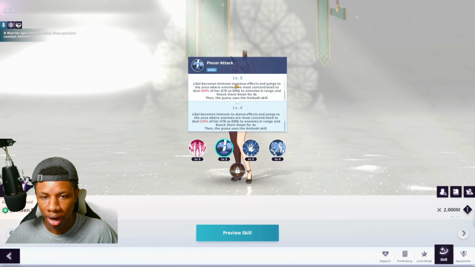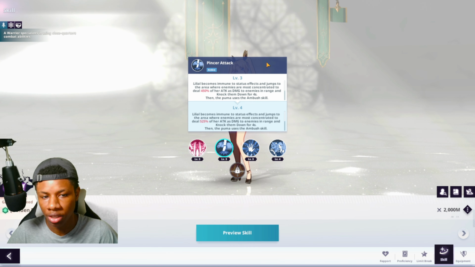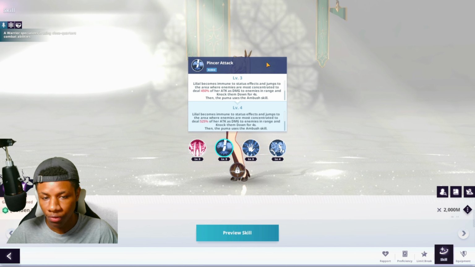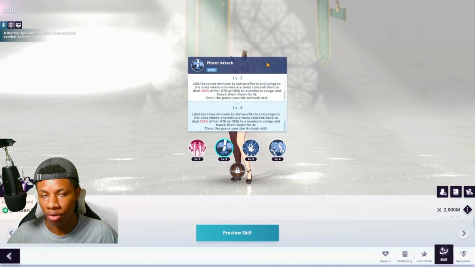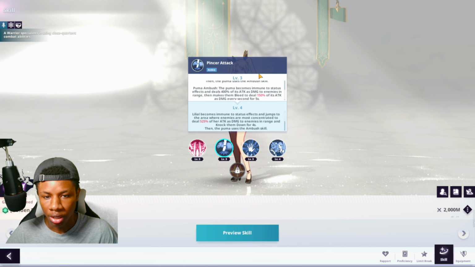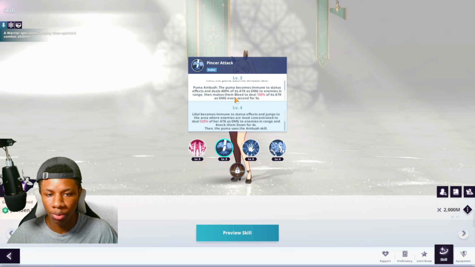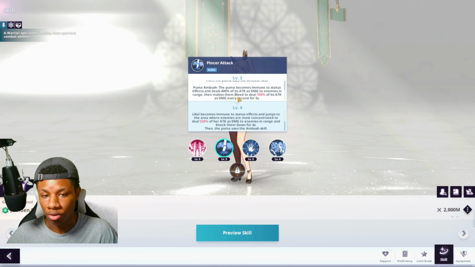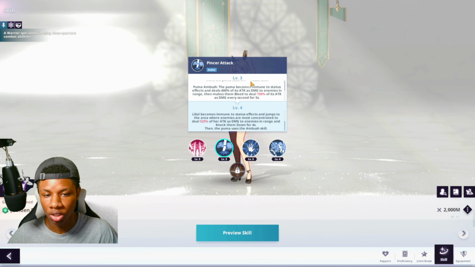Now we move on to her active skill, Pincer Attack. Says Lilio becomes immune to status effects and jumps to the area where enemies are most concentrated to deal 450% of her attack as damage to enemies in range and knock them down for 4 seconds. Then the Puma uses the Ambush skill. The Ambush skill says the Puma becomes immune to status effects and deals 400%, my apologies, of its attack as damage to enemies in range, then makes them bleed to deal 150% of its attack as damage every second for